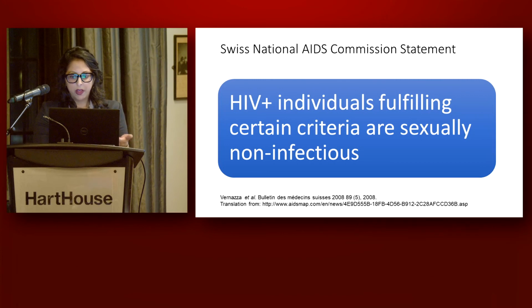That statement was not without controversy, and part of the controversy is that all of those criteria have to be met, and sometimes you don't know whether that's the case, right? You may not know that you have a sexually transmitted infection, particularly if it is without symptoms. And there's also a discrepancy that we know in some of the data: you can have an undetectable viral load in your blood and not necessarily in the genital secretions. So there's been a lot of discussion around, well, how true is this really? Even though the statement came out in 2008, it wasn't really until 2016 that we started talking about U equals U. So what happened in the interim?